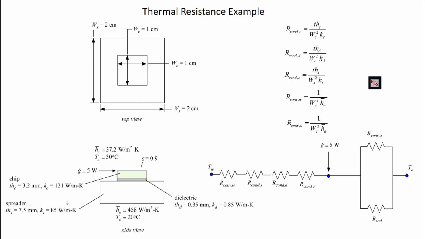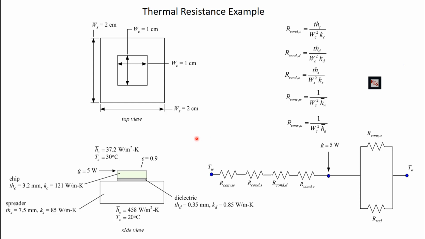Okay, so last time we talked about this idea of thermal resistances and how they're useful because they do a couple things. One is they let you put all these different kinds of heat transfer mechanisms onto the same sort of footing so that you can develop models that have a bunch of things going on. And then actually, probably more importantly, they let you compare these different processes so you can understand what's important and what's not important. So I thought today we would do an example of a problem that we can solve